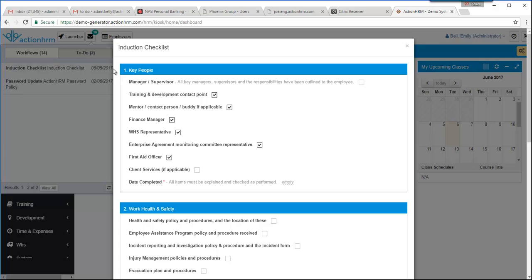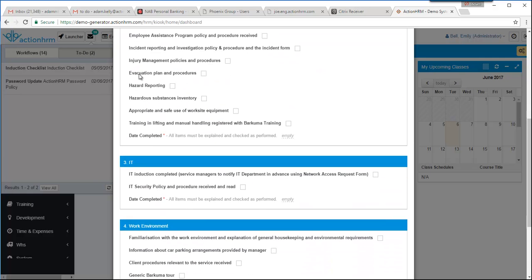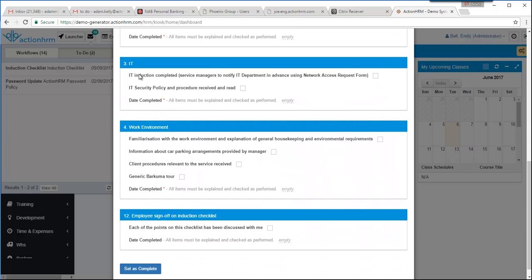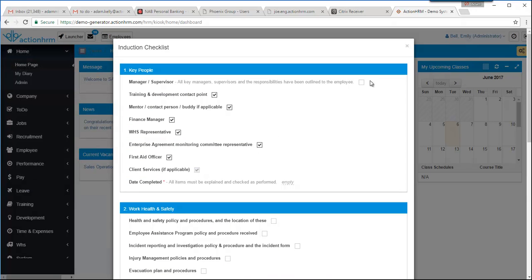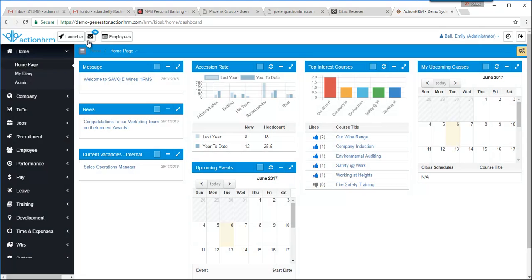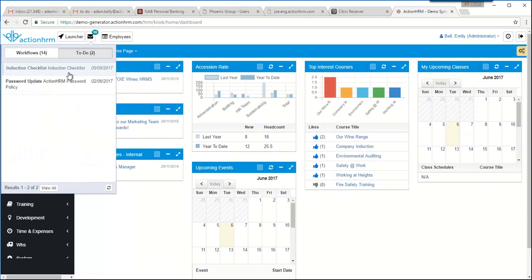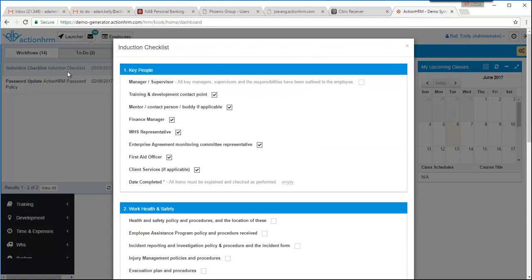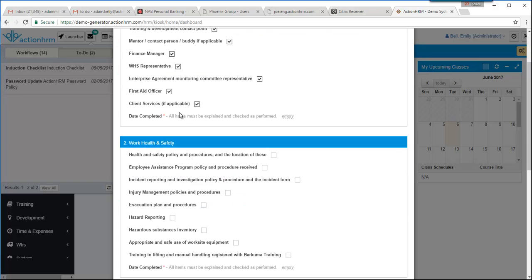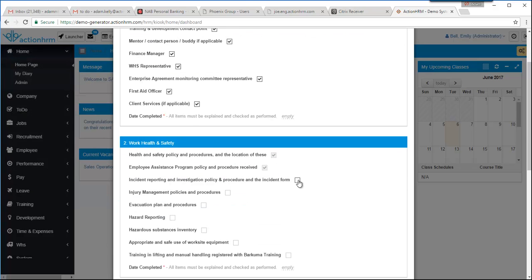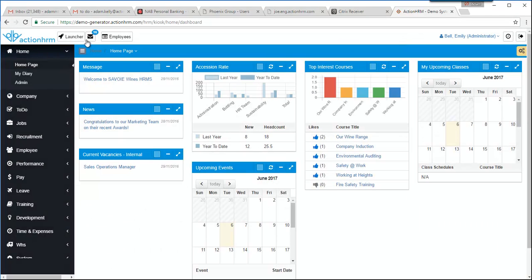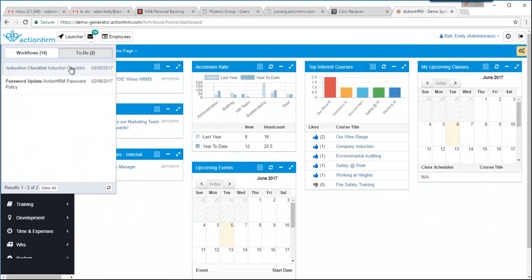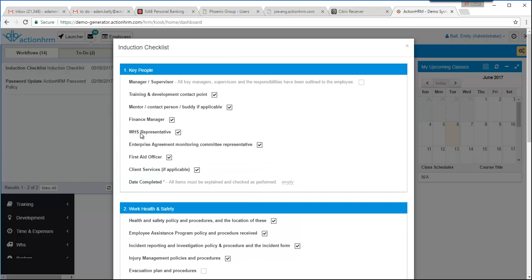So I guess one key example that you might think about or want to implement might be something like an induction checklist that might be sent out, and people can gradually start to complete that checklist as they go through their first weeks of employment. And again, if I gradually fill that out and close it down, and reopen it, like other areas, it's got that save as you go function,